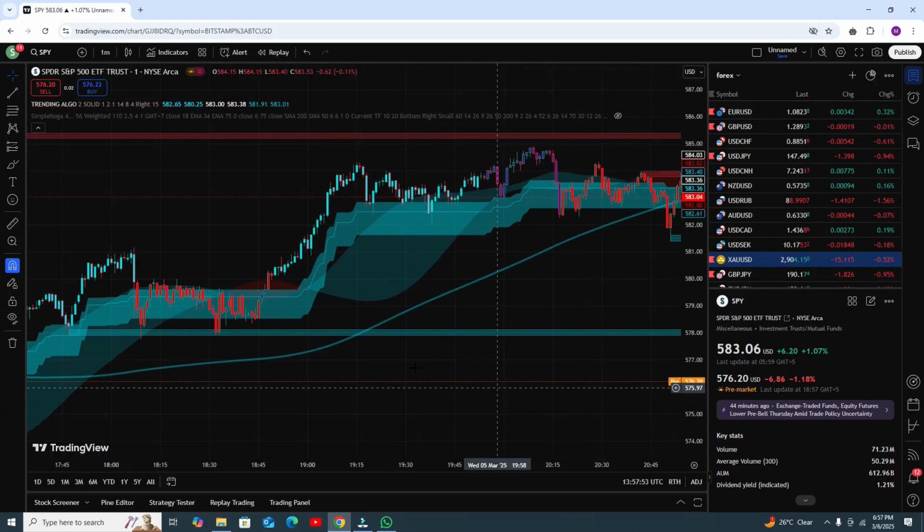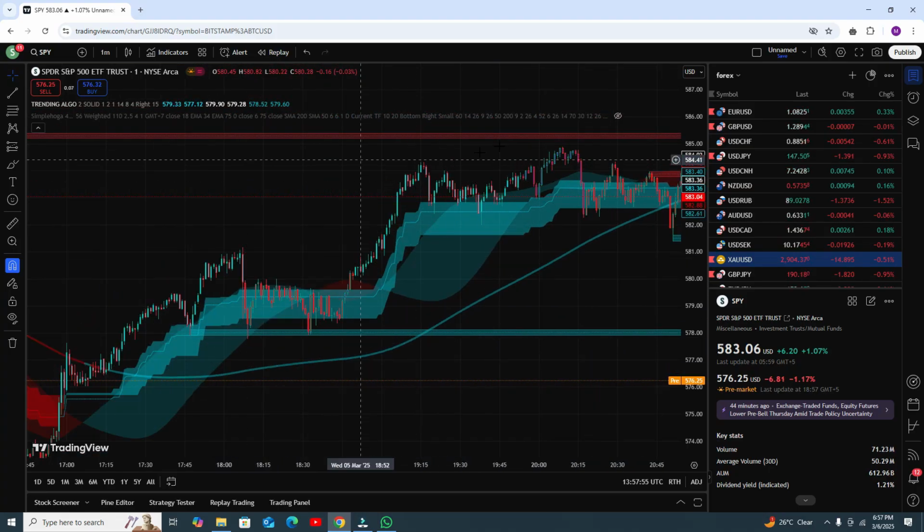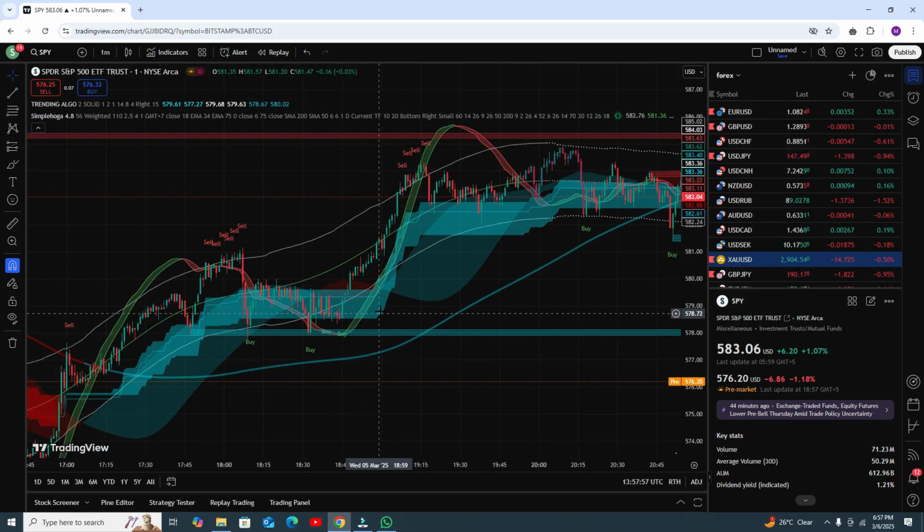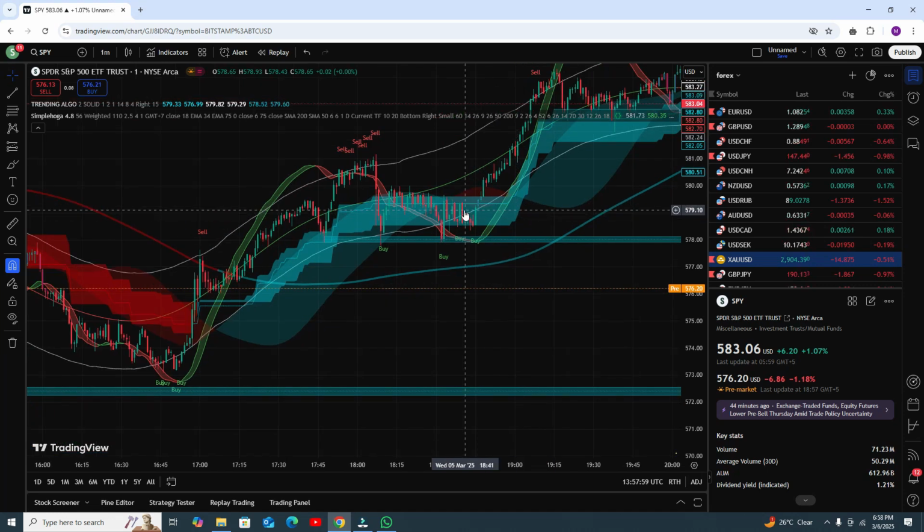Now we need to discuss strong buy and sell areas. When the trend line is blue and the trending clouds are blue, you need to follow the buy signal, but remember the RSI should be below the lower band line. That is a strong buy signal. It will give you 100% accuracy like this one.